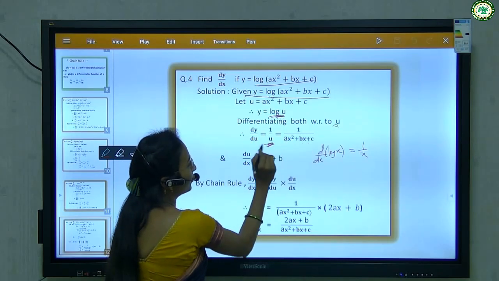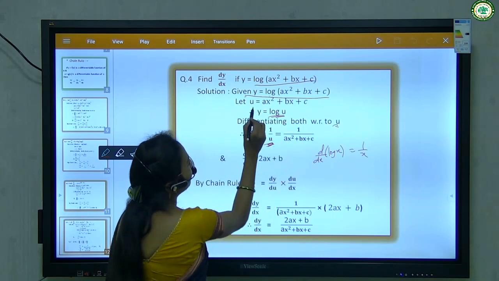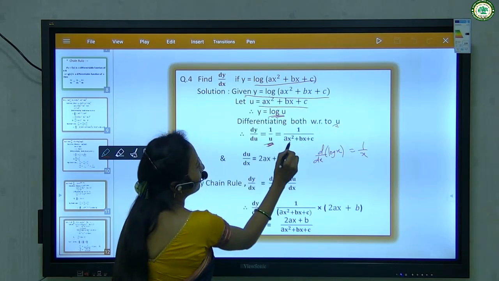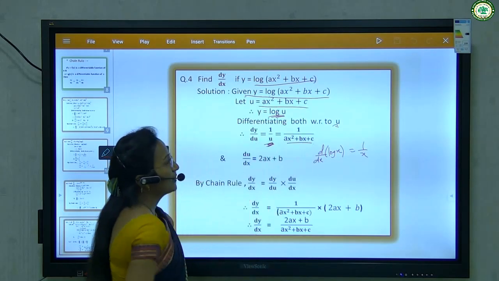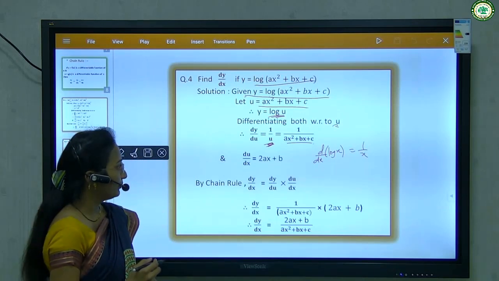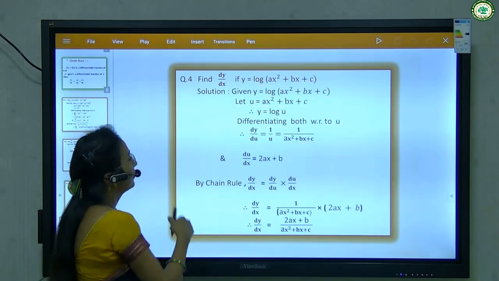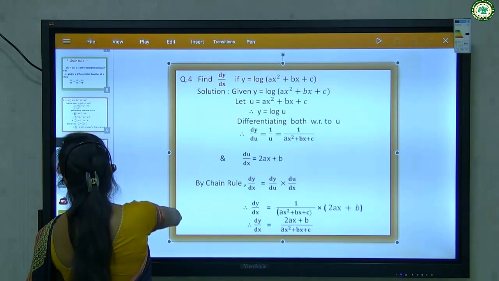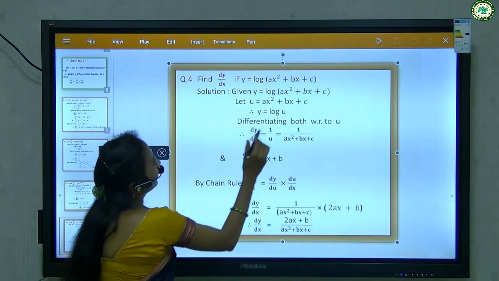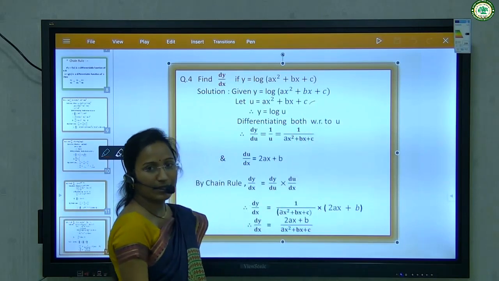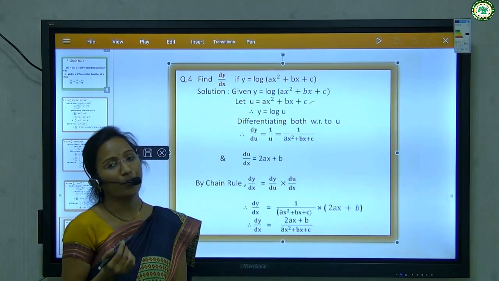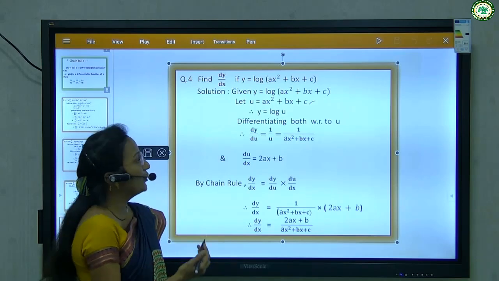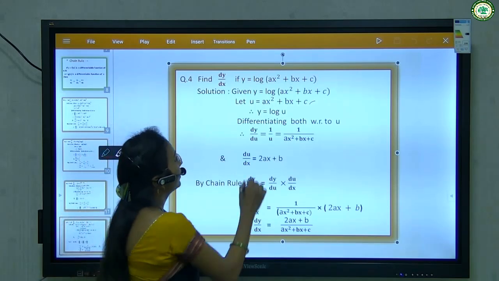Now put the value of u. So dy upon du is 1 upon x square plus bx plus c. Now here we see that u is equal to ax square plus bx plus c, which is also a differentiable function of x. Therefore, we differentiate u with respect to x, du by